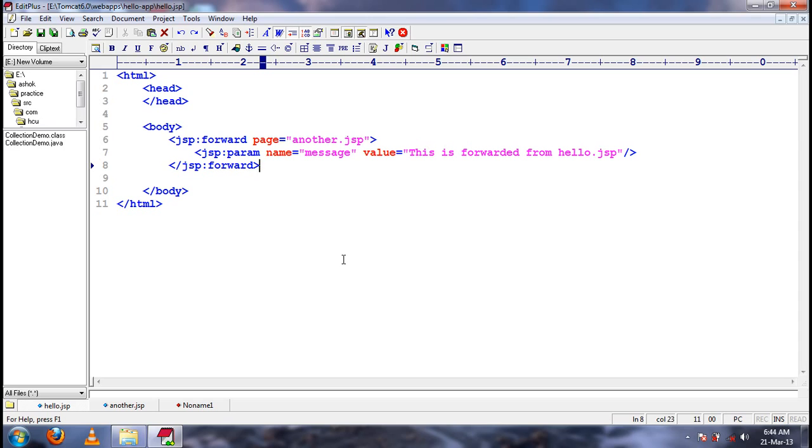The param tag is used to send parameters while forwarding. So what jsp:forward will do is forward the request from this JSP page to the target JSP page.